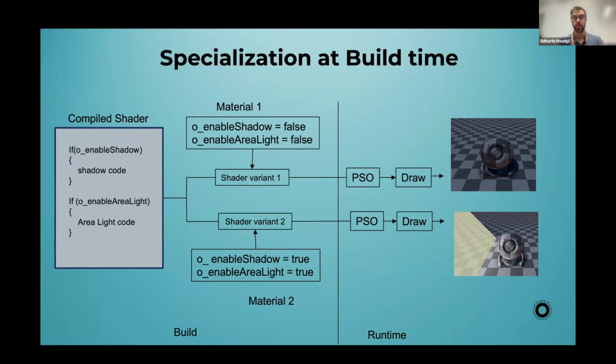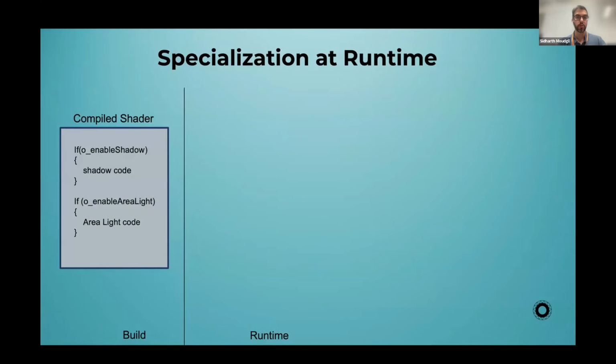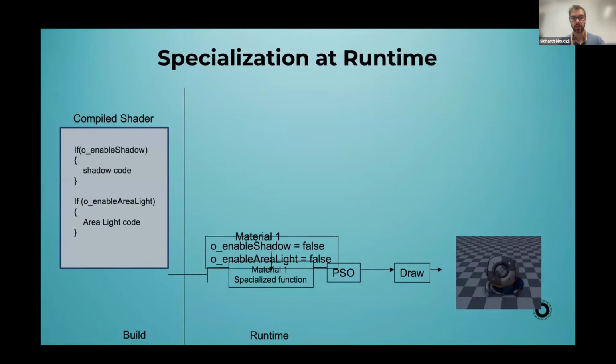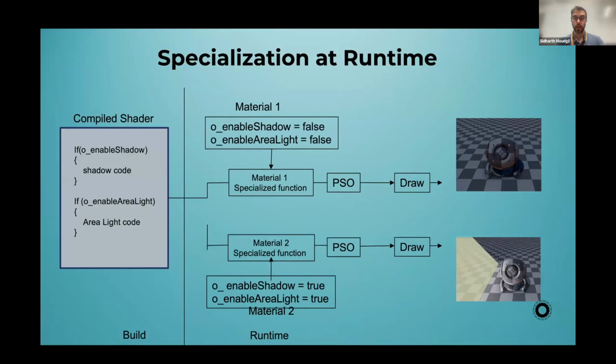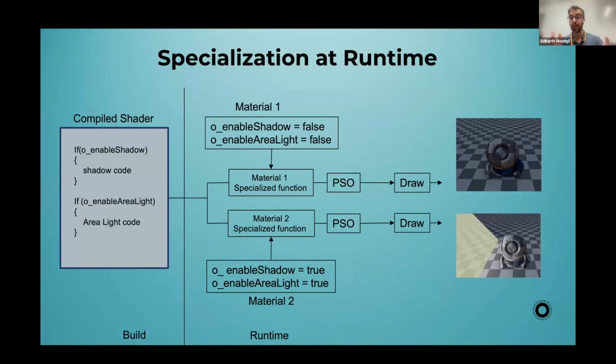We wanted to provide a solution where nobody has to deal with shader variants at all, and it just works transparently. So the way we solve it is we do specialization at runtime. So instead of doing it at build time, we do it at runtime. So at runtime, at PSO creation time, we essentially give this information to the drivers, and then the drivers will build 2 PSOs at runtime.